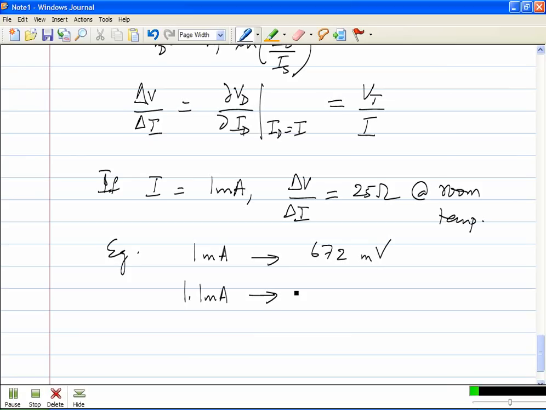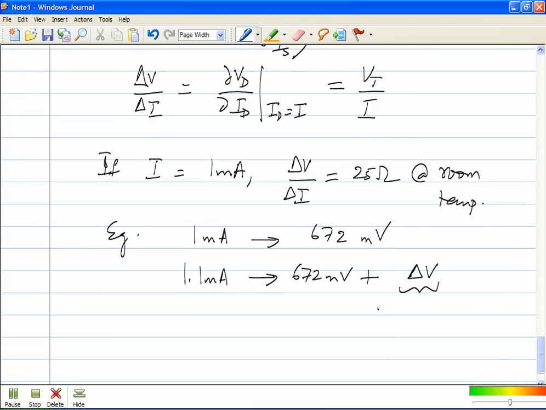0.1 milliamperes. So the total voltage across the diode is the quiescent value, which is 672 millivolts, plus the incremental value, and the incremental value is the dynamic resistance of 25 ohms times the change in current, which is 0.1 milliamperes, which is 2.5 millivolts. So when you have 1.1 milliamperes being pumped through the diode, the voltage will change and become 674.5 millivolts. Does it make sense? Okay, so good. So we'll continue to